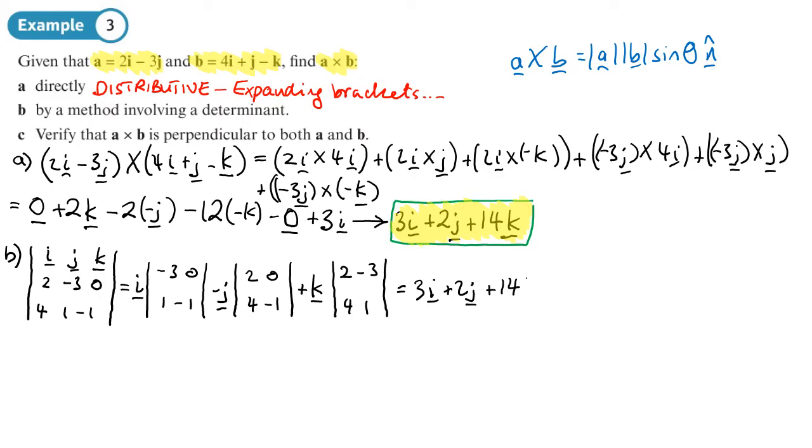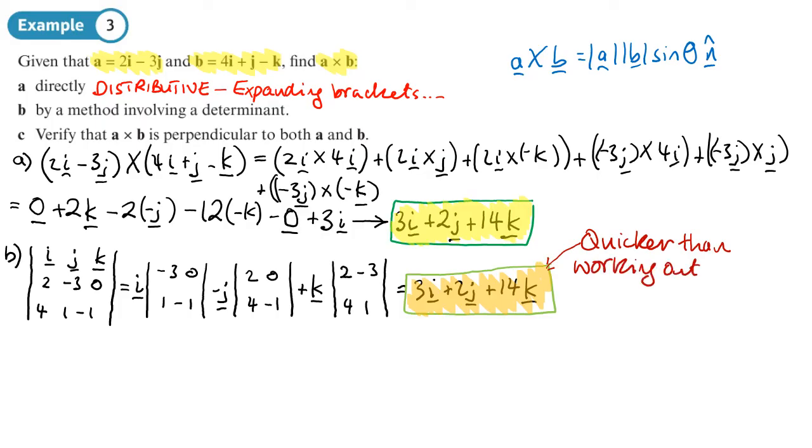So this is probably the method we're going to be using to work out what the cross product is. So we'll just put a note here that this is quicker than working out directly, which is what we did in part A. So this is probably going to be the method that we're going to be using. Okay, part C